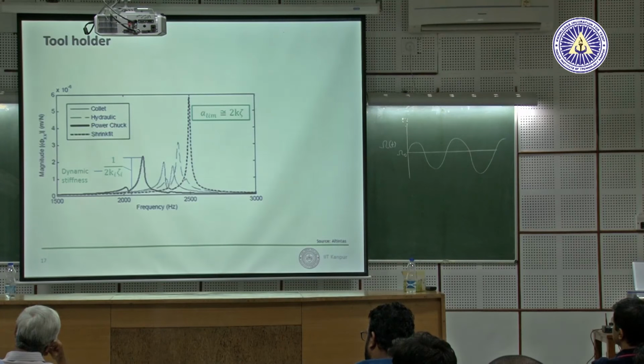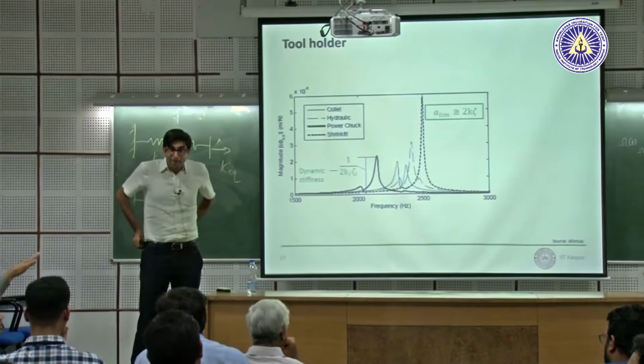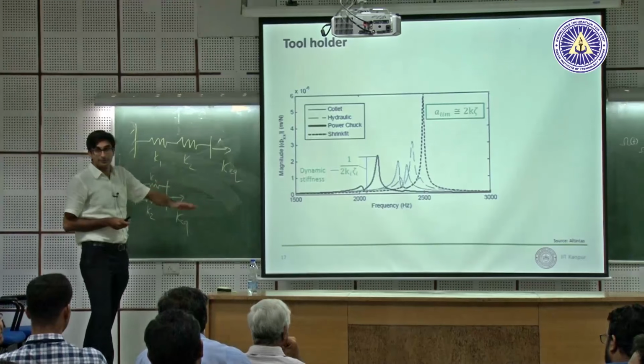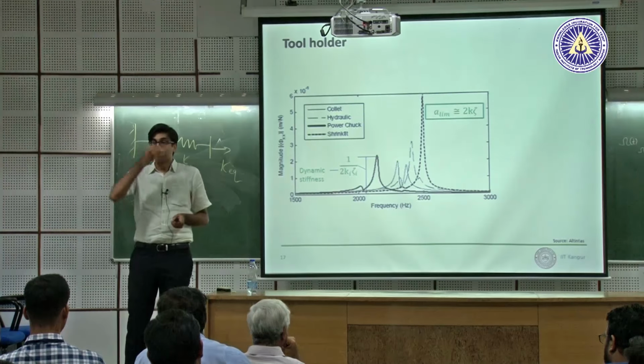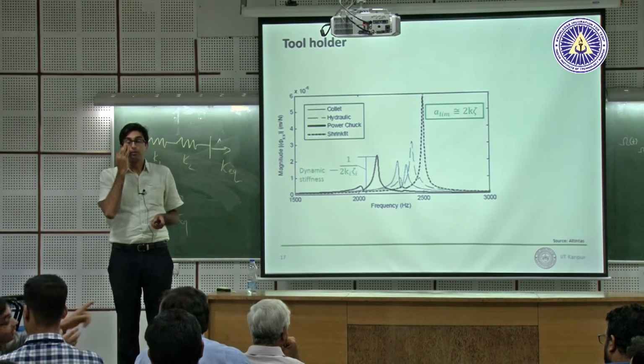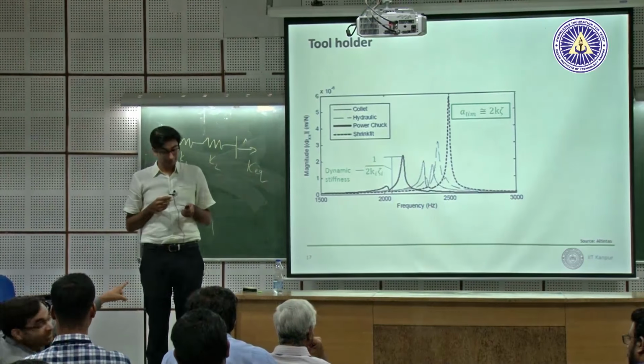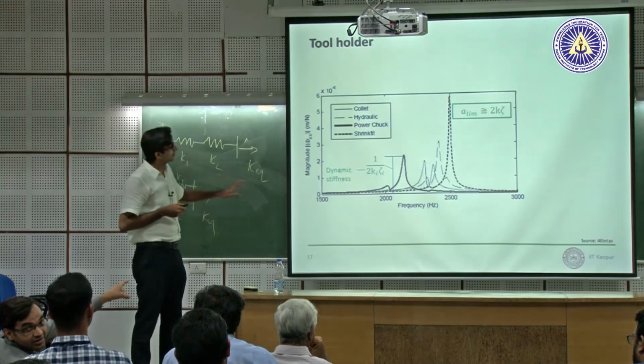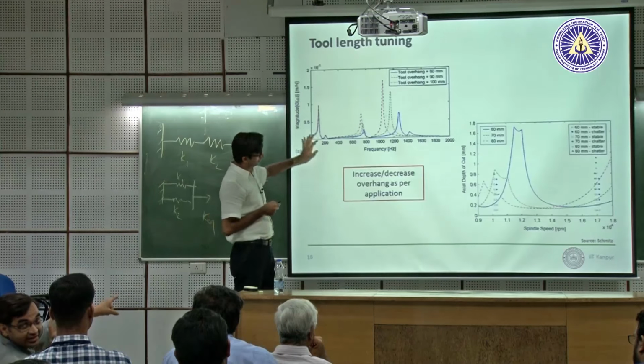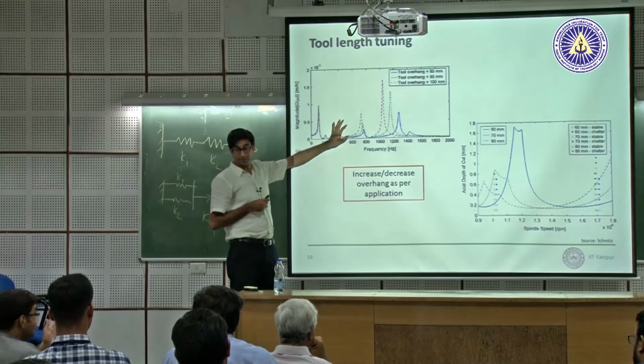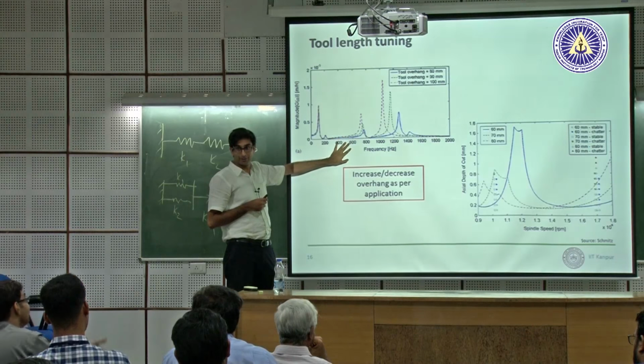But on top of that, you also have to see the fundamental frequencies are quite different. So right now, this dynamic stiffness is only telling you what is the absolute minima below which no chatter will happen. But depending on what speed you are cutting, you can't compare them for the same parameters, even though the dynamic stiffness is not as good, because its stiffness is such that your cutting speed is taking you into this bigger pocket. This is a good example to show that.